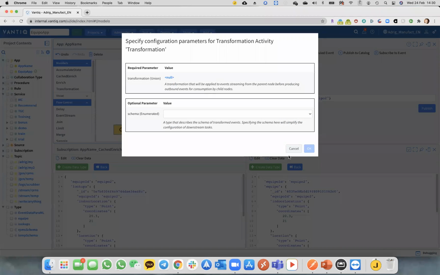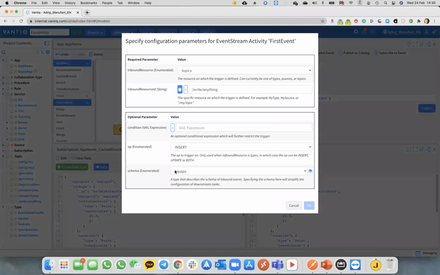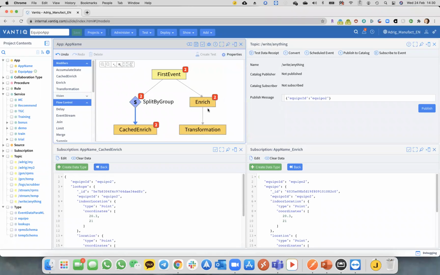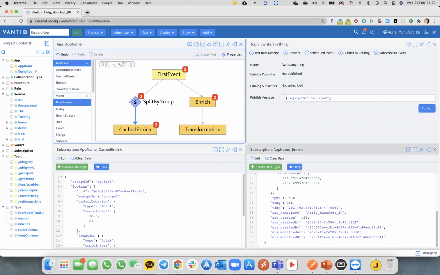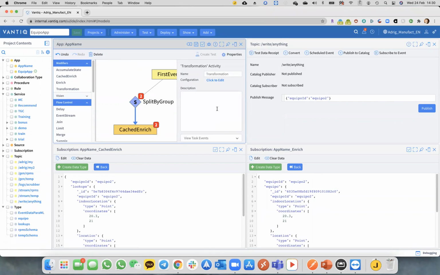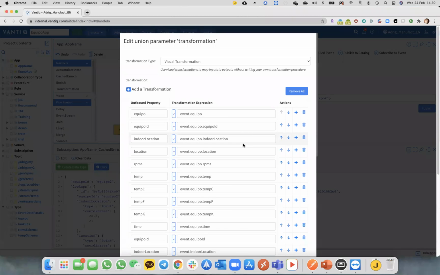So just to be clear here, I said that I had a schema called equipo, and I was enriching it with the lookup table. So you can see here that I have a lot of properties, and transformation allows me to say which one of them I want to keep or what I want to do. So for example, let's say I want to keep equipo. No, actually I don't want to keep equipo. Just the ID and the location,